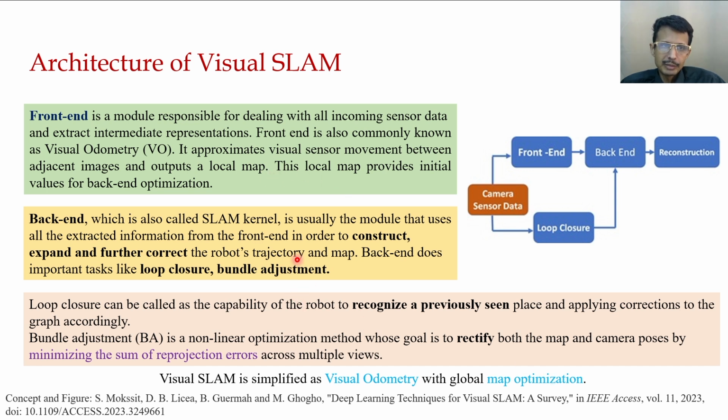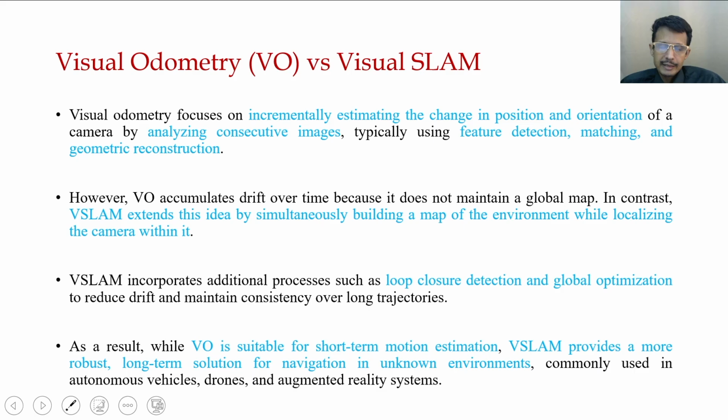Then we see one by one the different modules of this architecture. First we understand the basic difference with visual odometry. It's more or less similar, but there is some difference. Visual odometry focuses on incrementally estimating the change in position and orientation of a camera by analyzing consecutive images, typically using feature detection, matching, and geometric